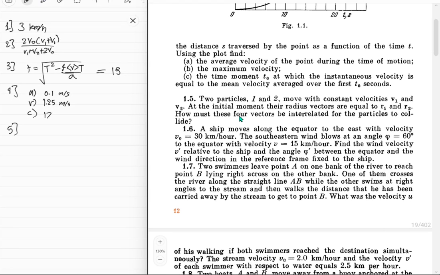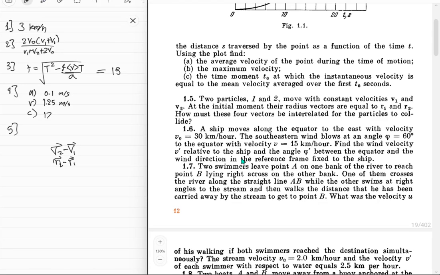So with respect to the first particle, the other one is moving with v2 minus v1, right? And its position vector is just r2 minus r1. So at some value of time, these will collide. If that has to happen, then